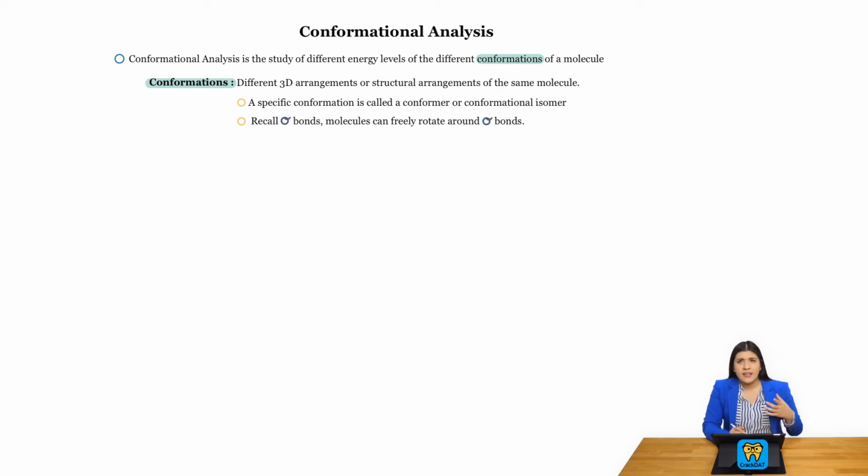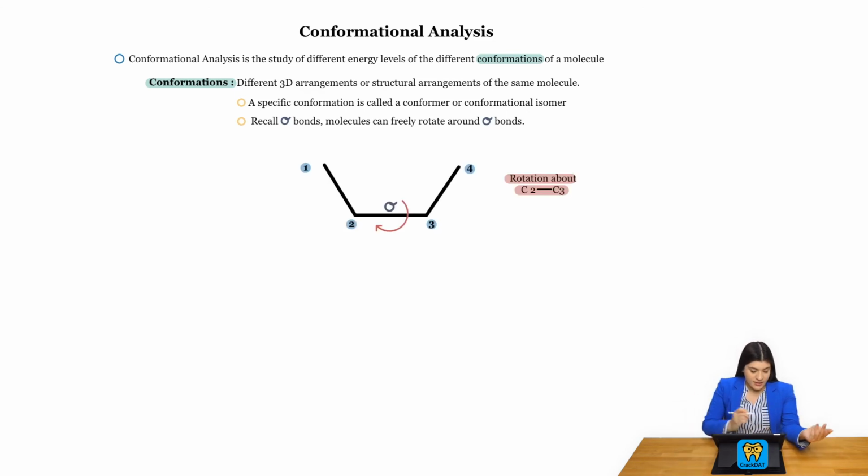What we're looking at is, remember what a sigma bond is. Remember that a sigma bond really is either a single bond, or a sigma bond is found in every single type of bond, essentially. If we were to have something like this, some sort of structure like this, what we're essentially saying